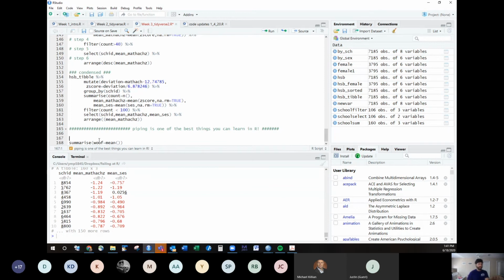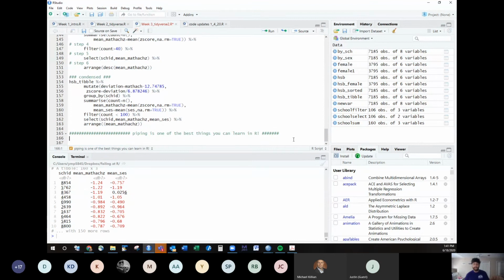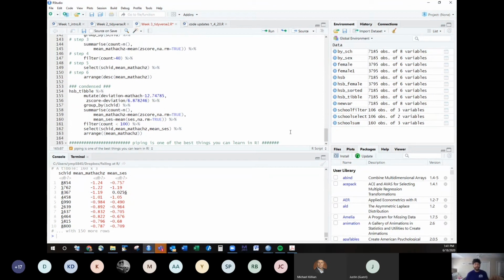Okay, so what we can do with the remainder of the time, for those who would like to get to other things that they have, is that next week is again going to be data merging. One question that I would ask, and whether people want to put it in the chat or otherwise,